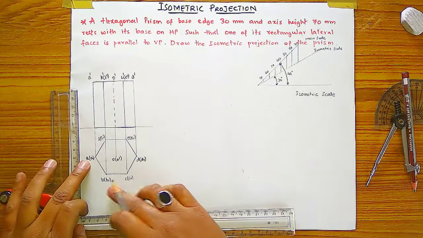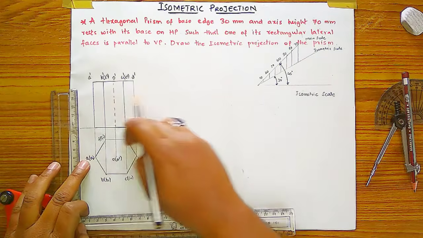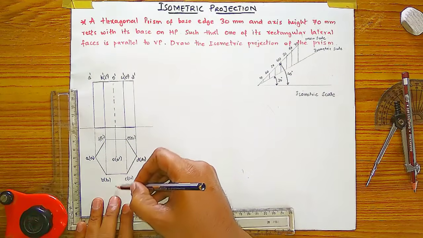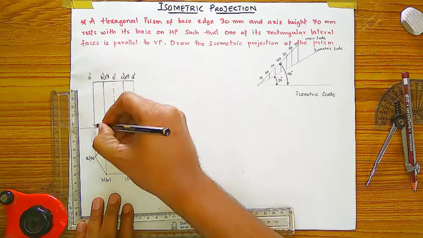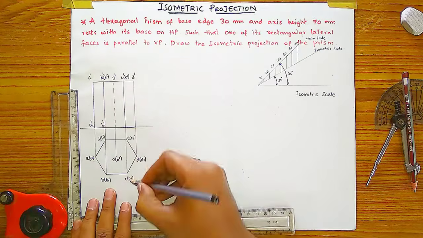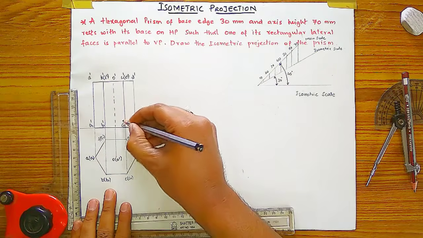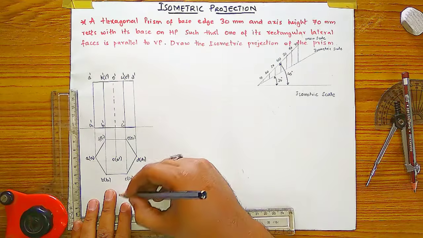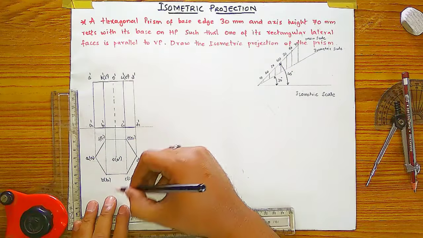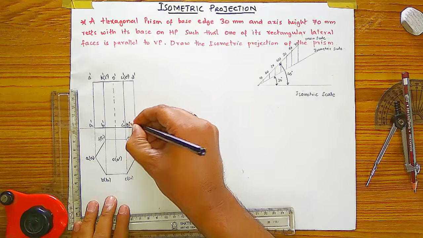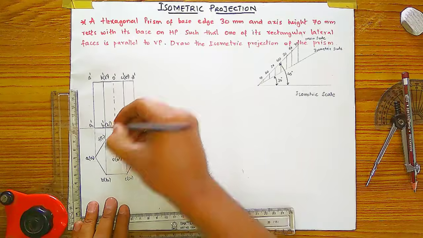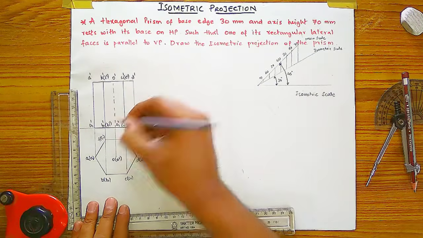And this A1, B1, C1, D1, E1, F1 you have to label here. Same process as done for these points. A1 is visible from downwards, so write it as A1 dash. B1 is also visible, write it as B1 dash. C1 is also visible from downwards, write it as C1 dash. D1 is also visible from downwards, write it as D1 dash. Then E1 is not visible from here, it is invisible, so write it in brackets E1 dash. F1 is also not visible, write it in brackets F1 dash. And O1, write it as O1 dash.